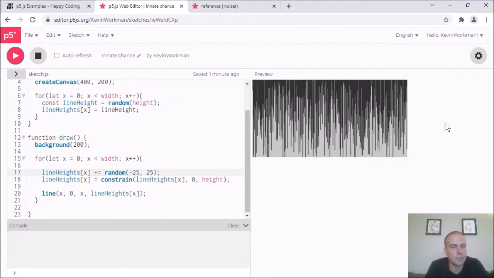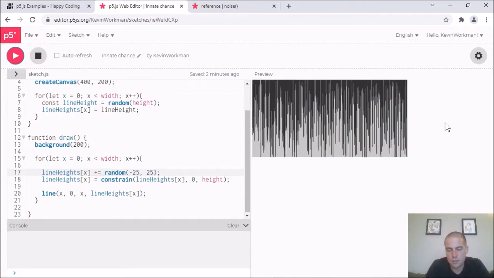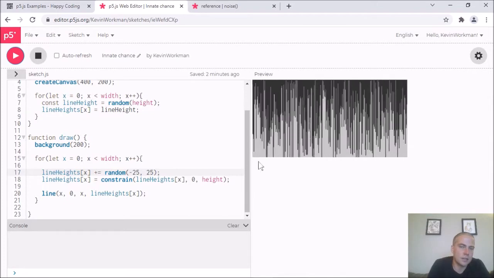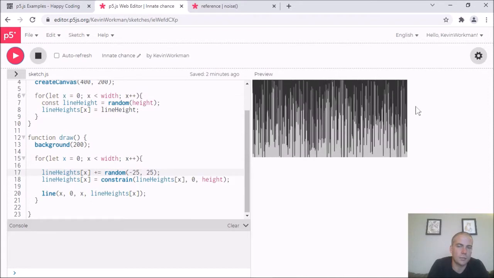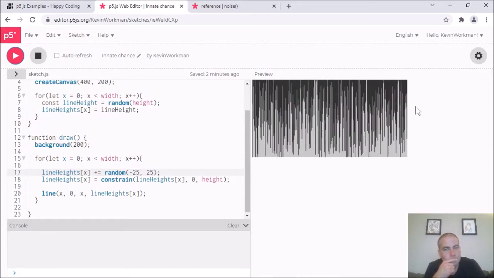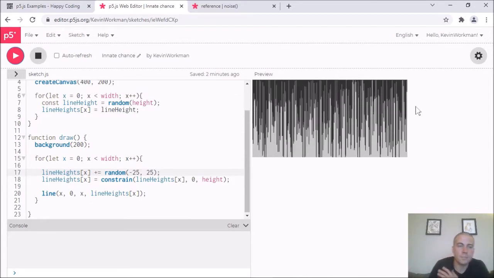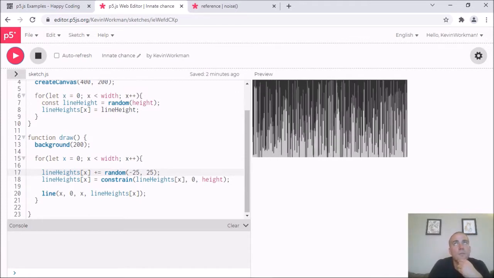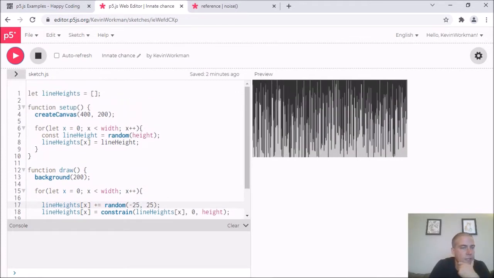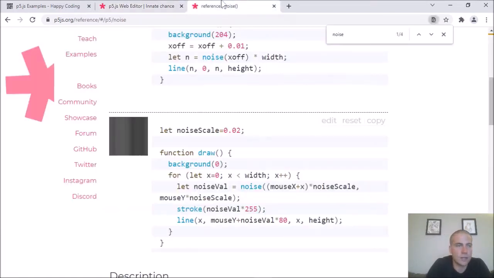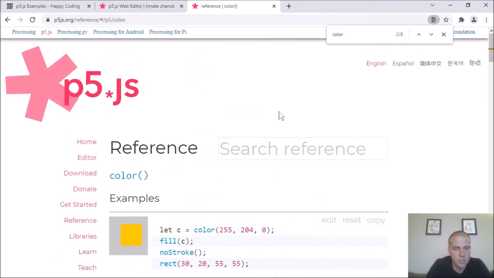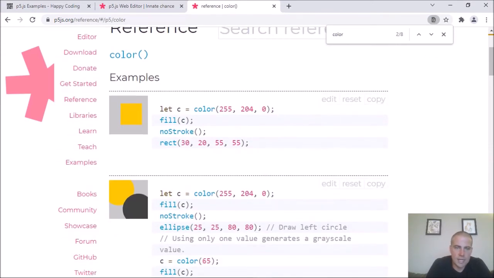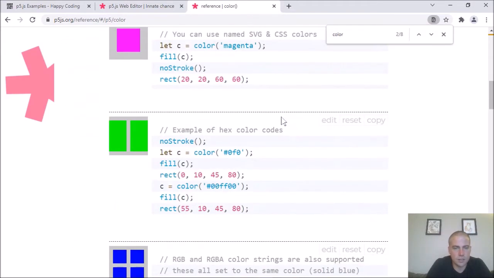I have a different idea in my brain, and that is maybe each line is a different color, and instead of playing with the height of the line, I play with the color of the line. Maybe. So how would I do that? This is going to get interesting because I'm going to get to play with a function that I don't really use that often, which is the color function. The color function takes RGB and gives me a single value, which is really interesting because it's a weird,